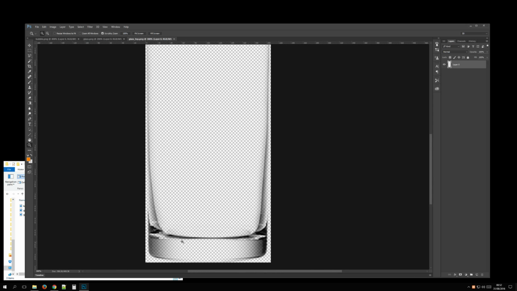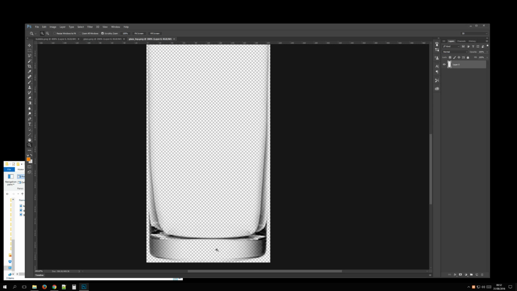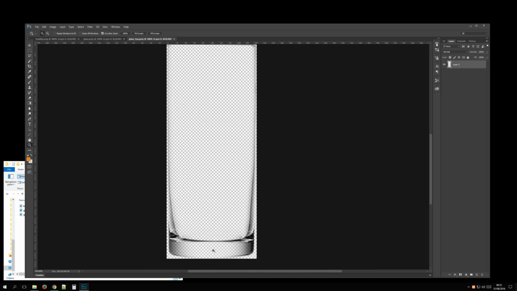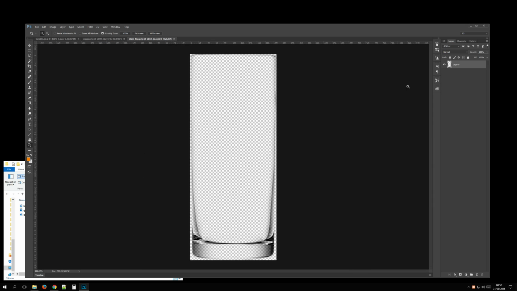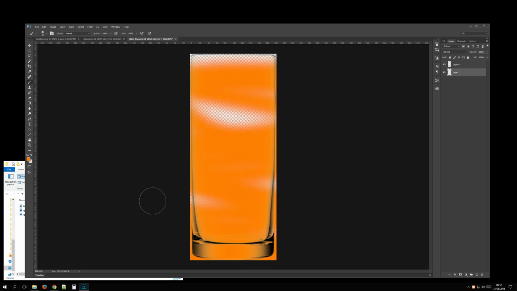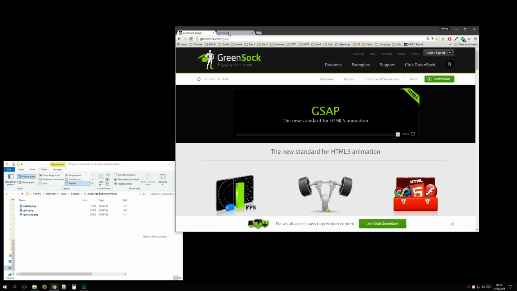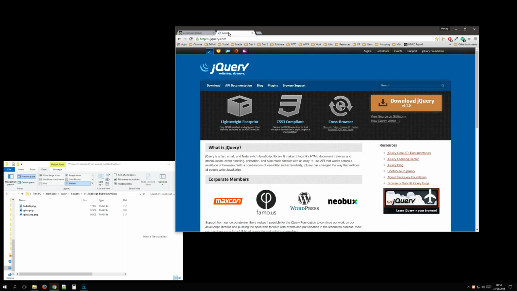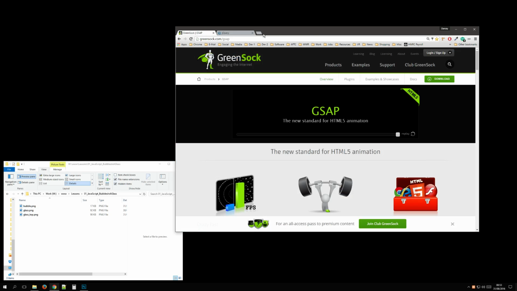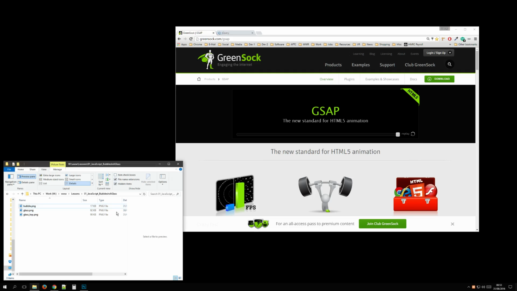Not too much worry about the bottom, as we're going to set a starting point for the bubbles, but it must be transparent, as you can see. So we shall be using jQuery and GSAP. We don't really need jQuery, but we'll just use it anyway. So let's get started. So first of all,